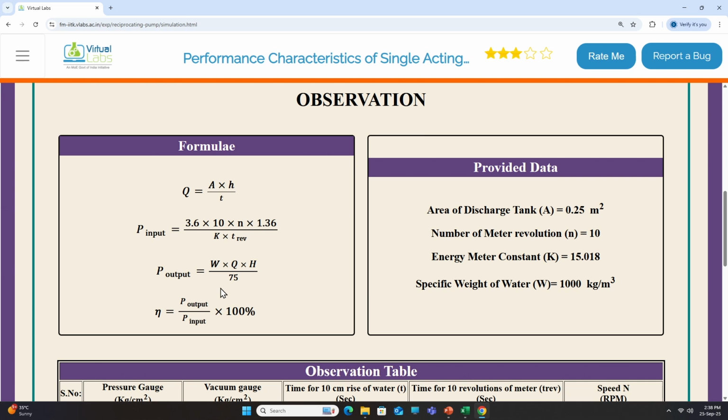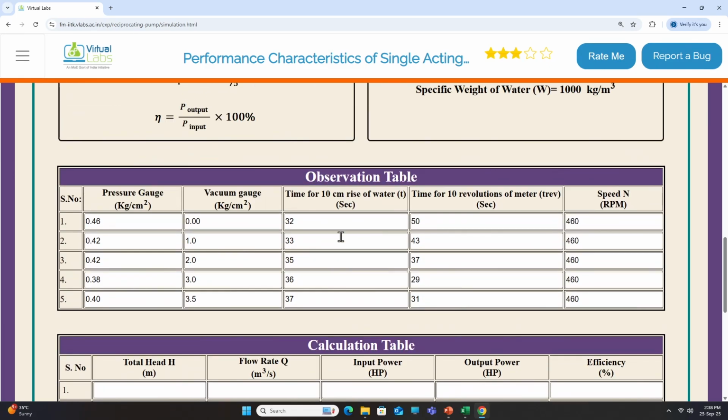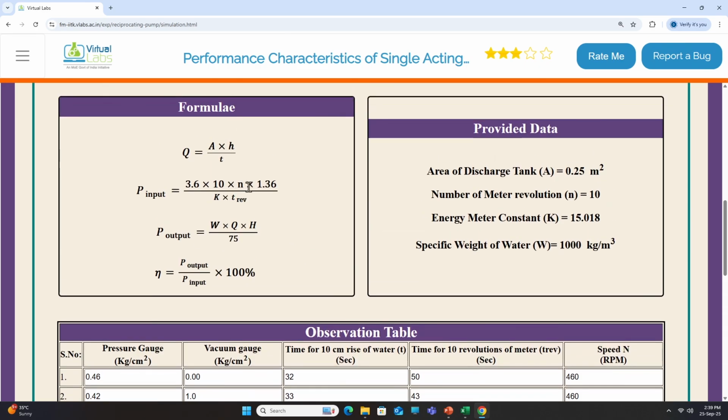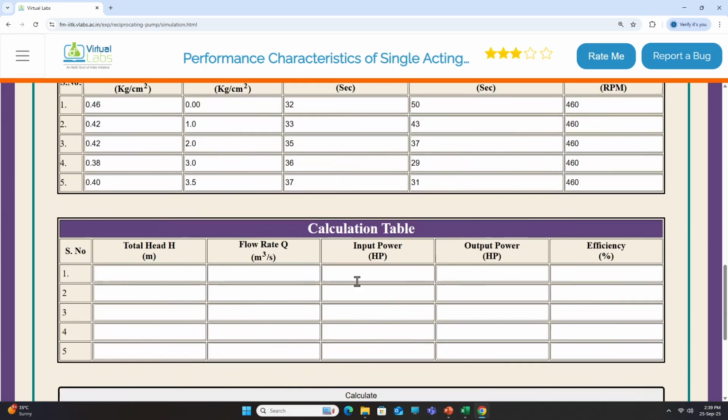I will quickly do the Q and power input for you. Here Q is A into H by T. To do this, we have area given 0.25, H here is 10 centimeter, that is 0.1 meters, and T, that is time taken, is 32 seconds for the first experiment, and for input power it is given 3.6 into 10 into N into 1.36, and here N is 10 revolutions it has taken. K is the energy meter constant 15.018, and time taken for the revolutions. Quickly putting this here,